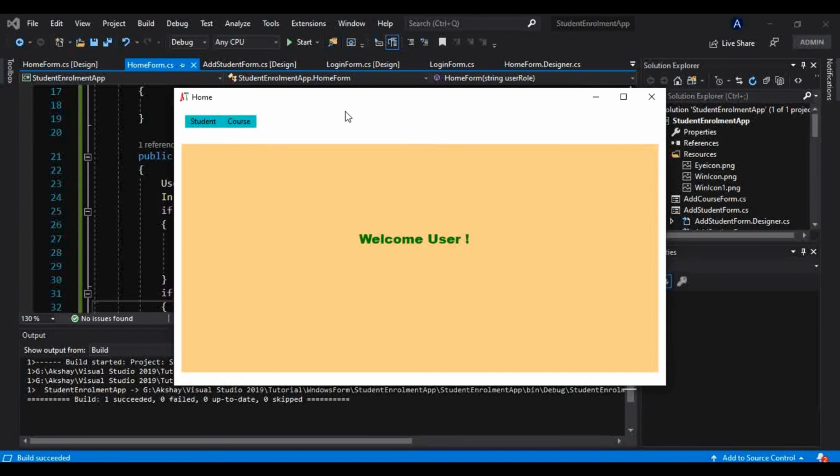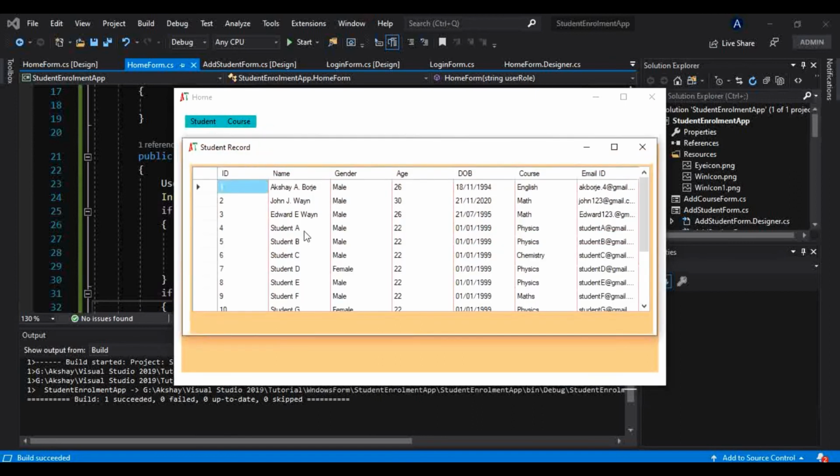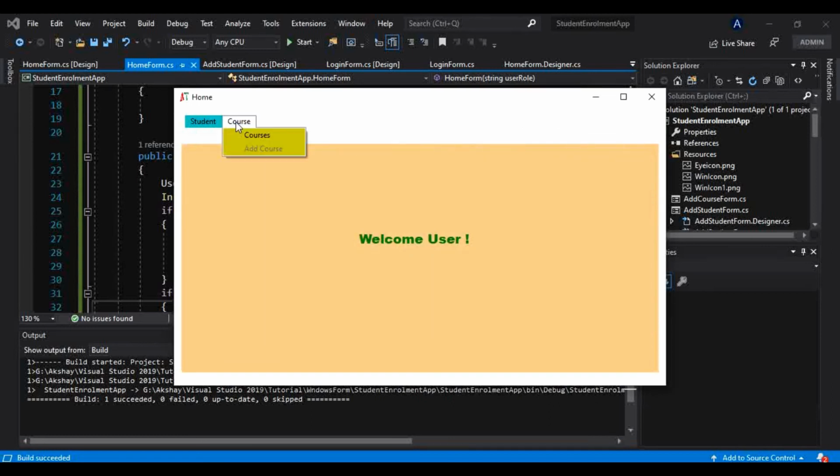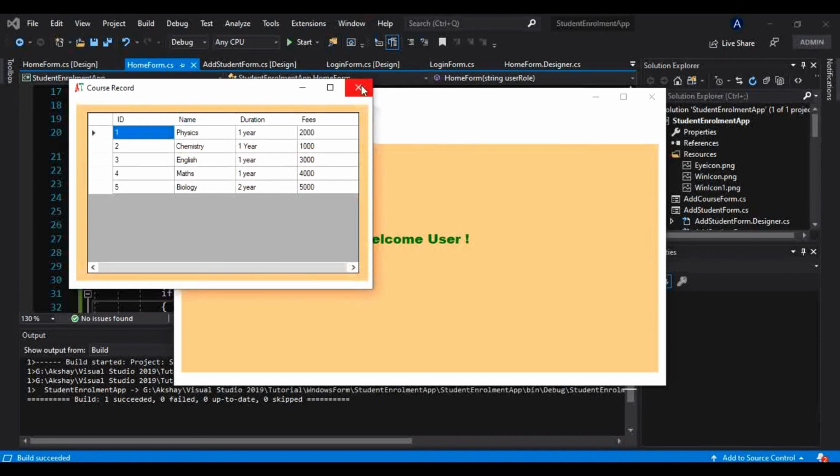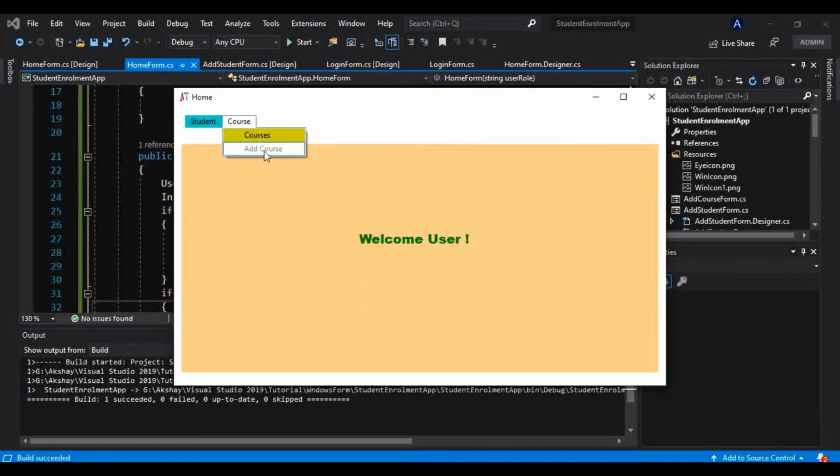Okay, so this is a viewer account, that user tab is invisible for this, but viewer should also not be able to add the student. Okay, so for viewer it is disabled, he or she can only see this list of student here, and if that viewer goes here, he or she can only see these courses here. Okay, but he or she cannot add these courses.